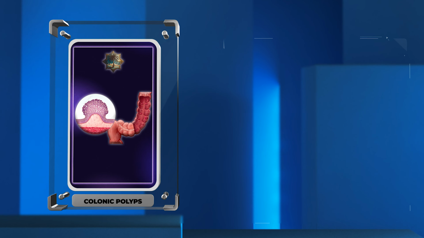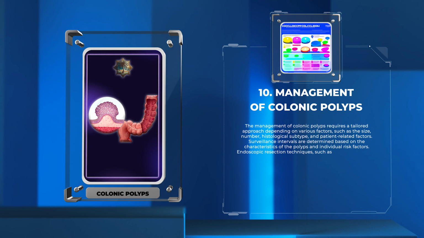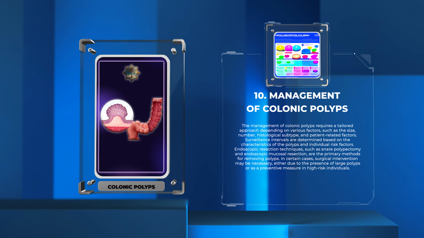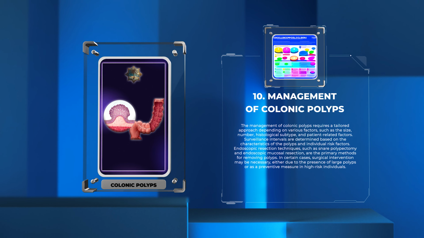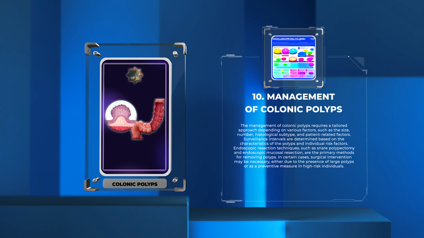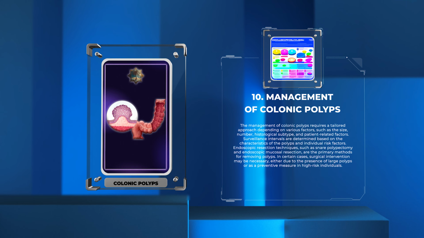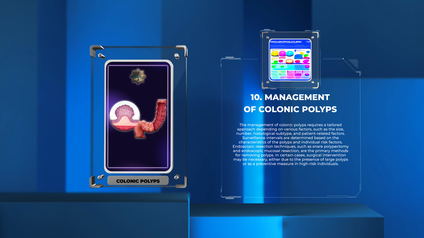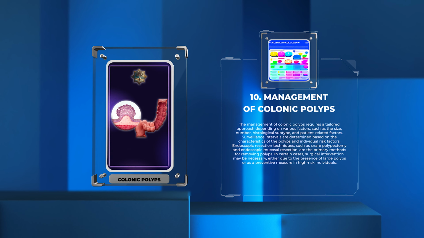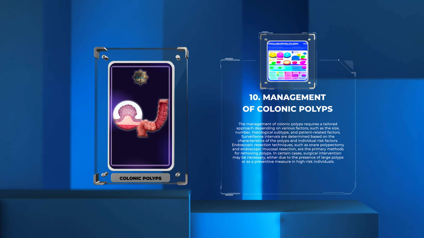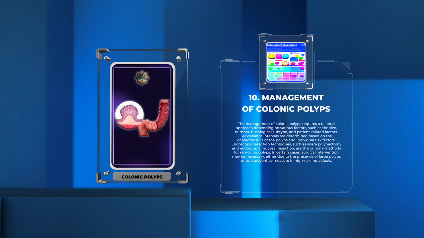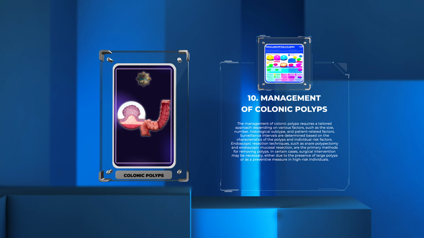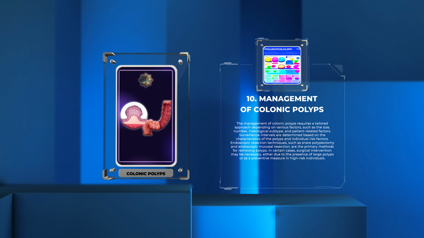The management of colonic polyps requires a tailored approach depending on various factors, such as the size, number, histological subtype, and patient-related factors. Surveillance intervals are determined based on the characteristics of the polyps and individual risk factors. Endoscopic resection techniques, such as snare polypectomy and endoscopic mucosal resection, are the primary methods for removing polyps. In certain cases, surgical intervention may be necessary, either due to the presence of large polyps or as a preventive